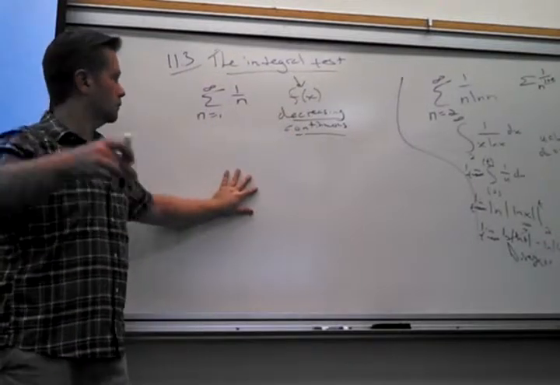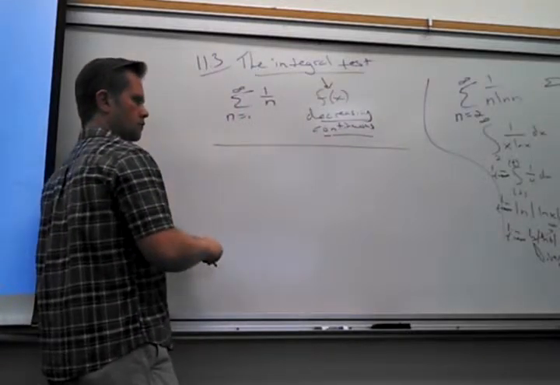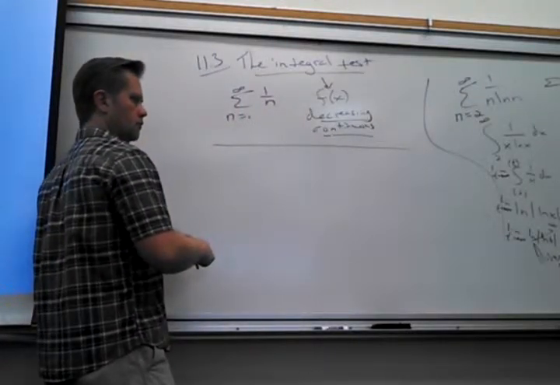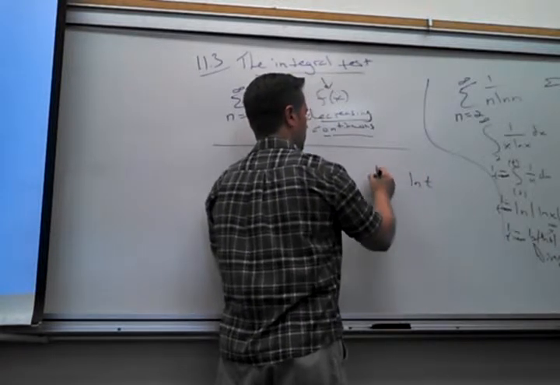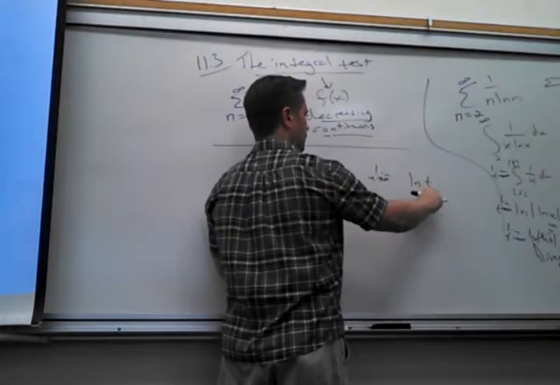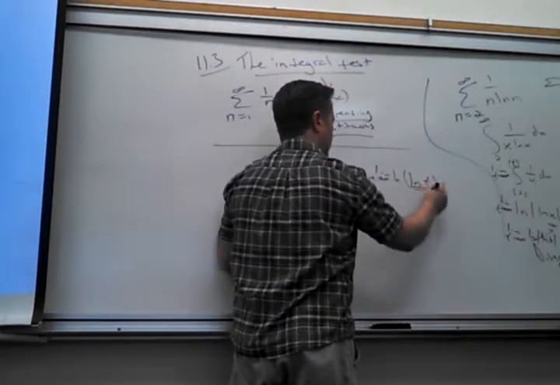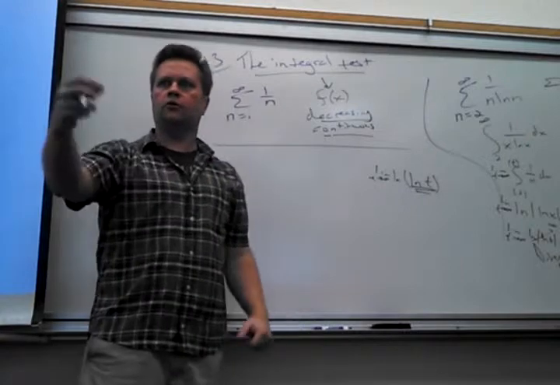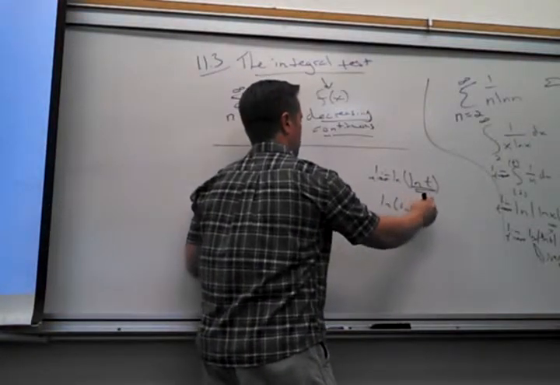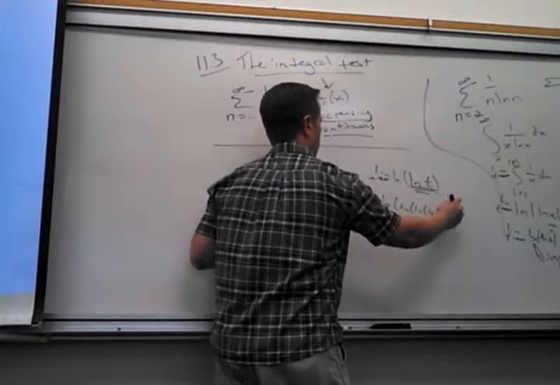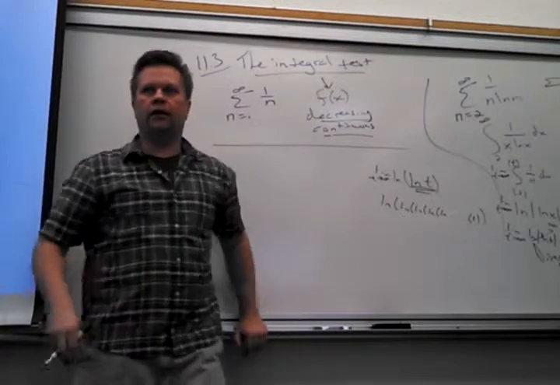Question. For ln of t, is there any way to do it, or do you just have to know that it goes to infinity? Well, ln of t goes to infinity because ln of something that's going to infinity will itself go to infinity. So if you had ln of ln of blah blah blah of t, that would go to infinity